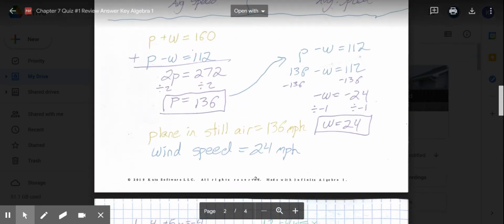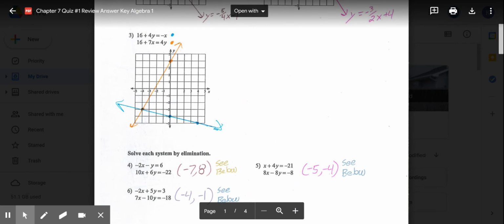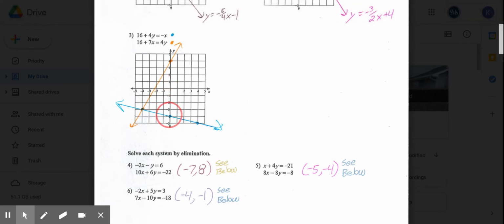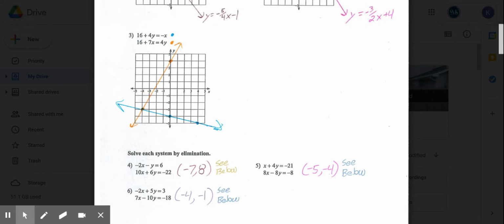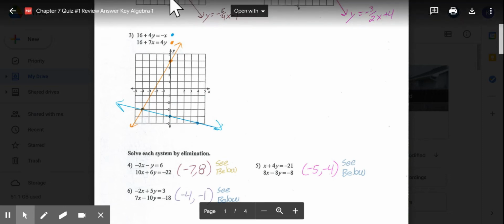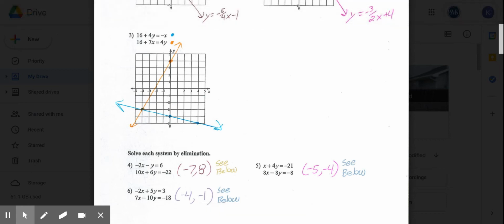So graphing our two lines, with the blue line here, our y-intercept was a negative 4, and our slope is a negative 1/4, so down 1, right 4. With the orange line here, our y-intercept was a positive 4, so we're going to start at the positive 4, and the slope on that one was 7/4. So that would typically mean up 7, right 4, but we're going to run out of room. So instead, we would go down 7, left 4 to get our other point,